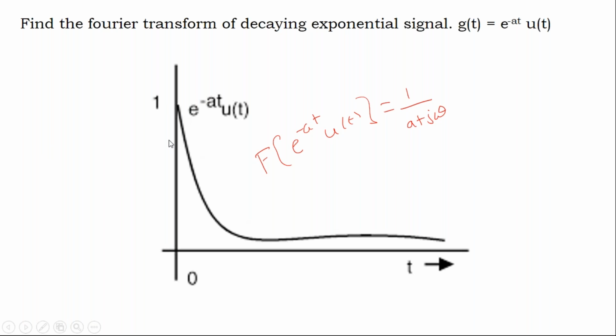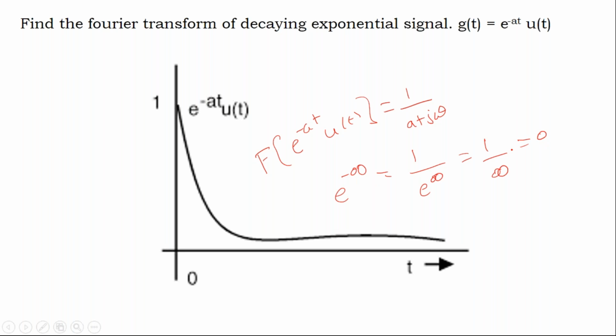So if you observe the waveform, this is the waveform for the decaying exponential signal. So that means why you can call it decaying. Please try to understand. As you go on increasing the value of t, suppose if t equal to 0, you will get 1. When you take t equal to 1, 2, 3, and so on, as you go on increasing the value of t, the graph falls to 0. If you take t equal to infinity, then e power minus infinity, which is nothing but 1 by e power infinity, which is 1 by infinity, which is nothing but 0.